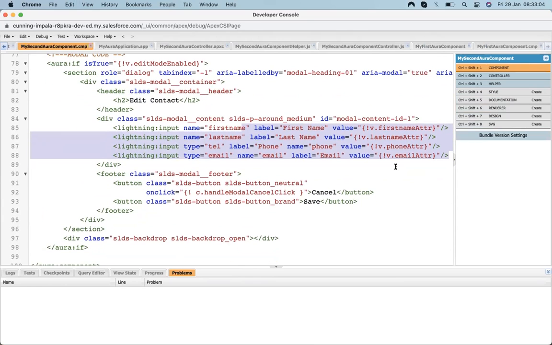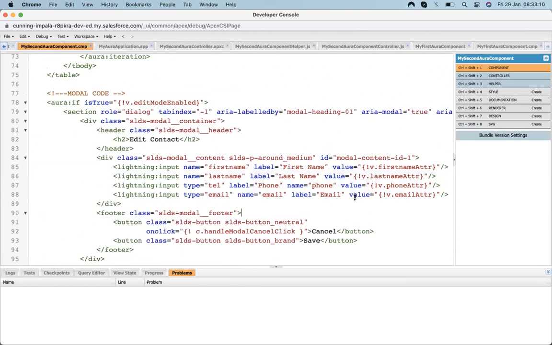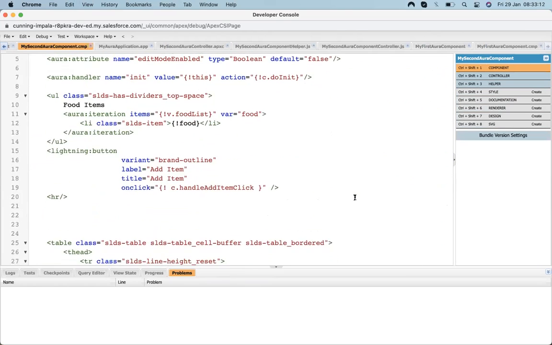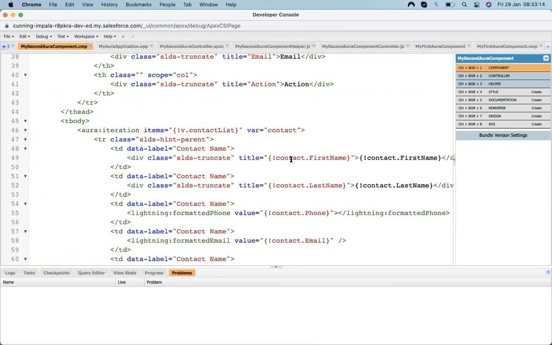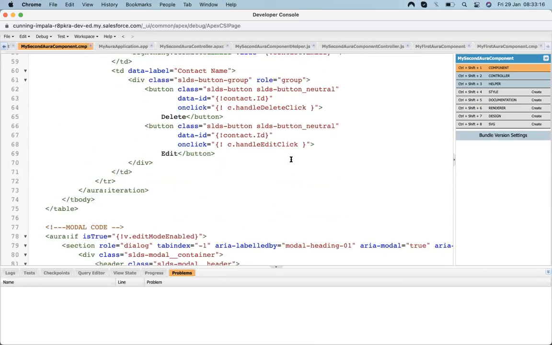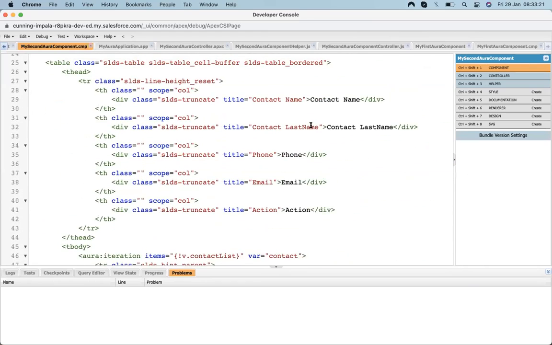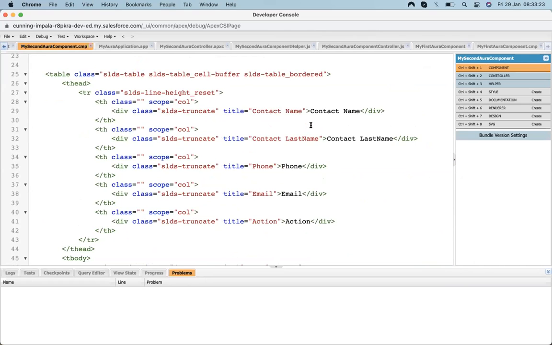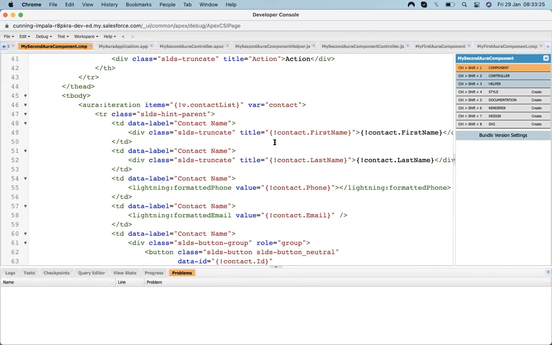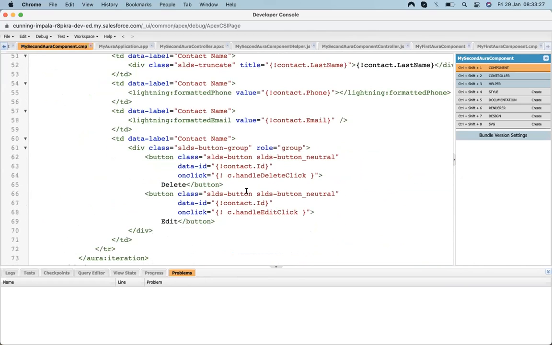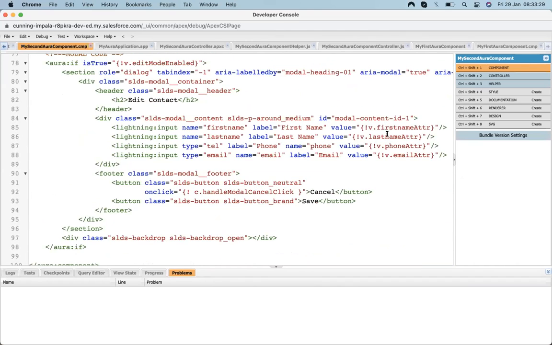So I add it. Now here we have 4 attributes, 4 different variables. Since this contact is coming in a list, let's create an object of a contact, and whatever the selected record is, I get it from that and put those values from here to here.